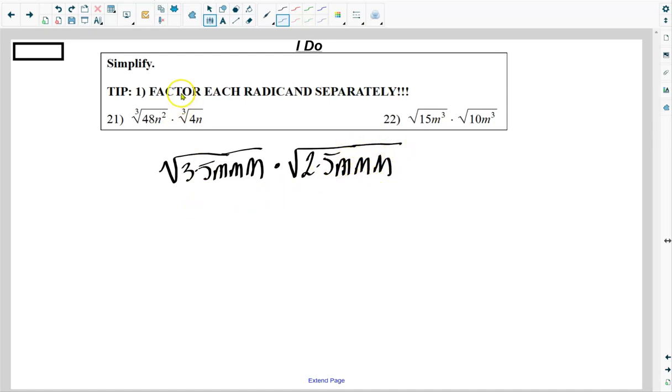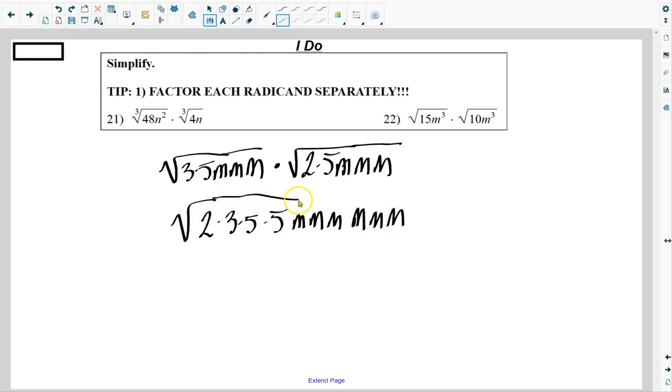We went ahead and factored each radicand separately. Now let's combine the radicands under the same radical. 2, 3, 5, 5, 1, 2, 3, 4, 5, 6. And now you guys go on autopilot. Let's circle. A lot of you guys like to identify the index visibly, so let's do that. And the factors that repeat twice